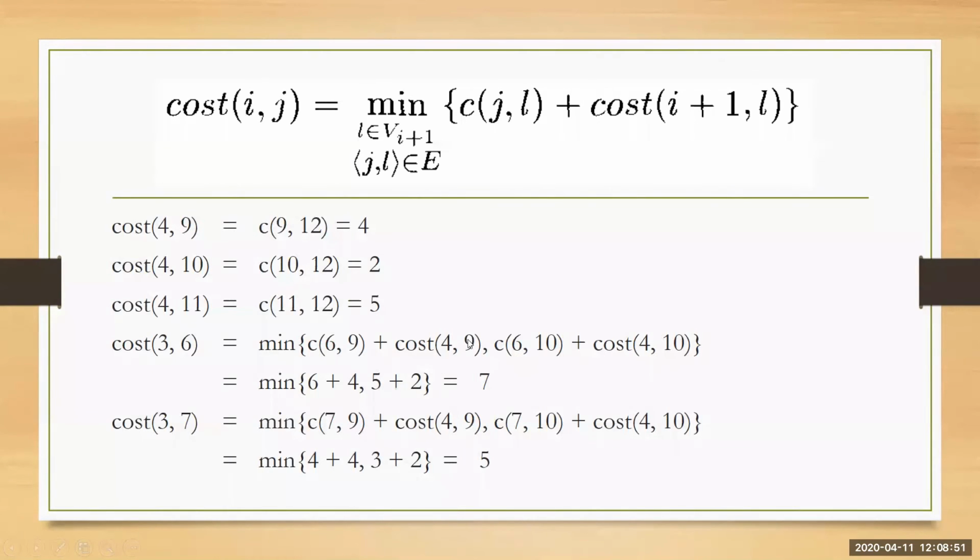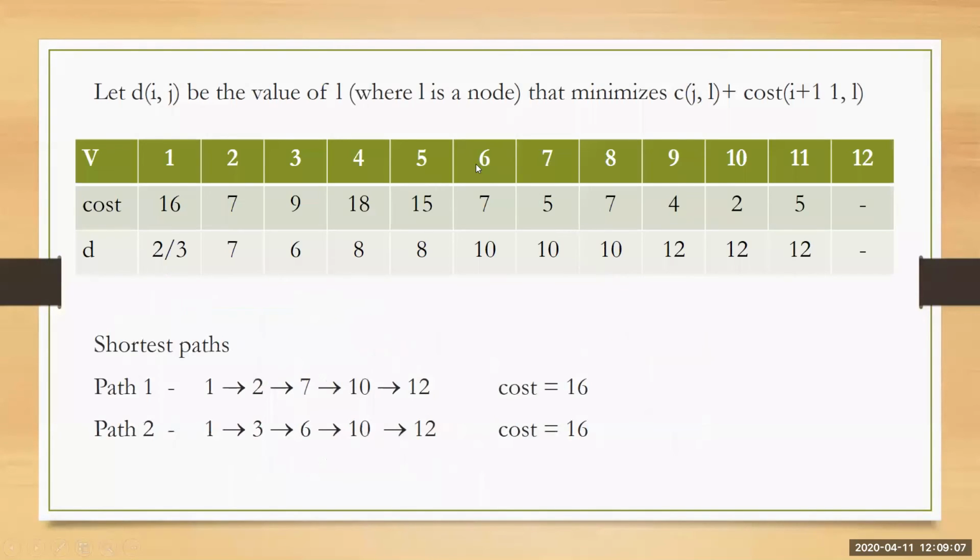That means while filling the table, you have to mention the destination as 10. The cost calculated is 7, and the destination you are reaching using that cost is 10. That is how you have to fill this. Observe the column for vertex number 6. Cost 7 is calculated, and the destination you are reaching is 10. There were two destinations, one is 9, the other one is 10. Out of 9 and 10, 10 is minimum, and hence mark 10 as the destination.